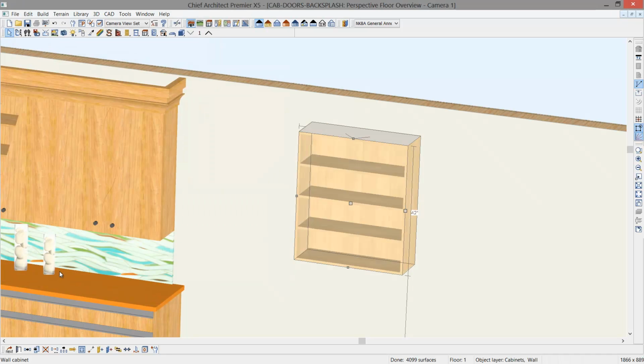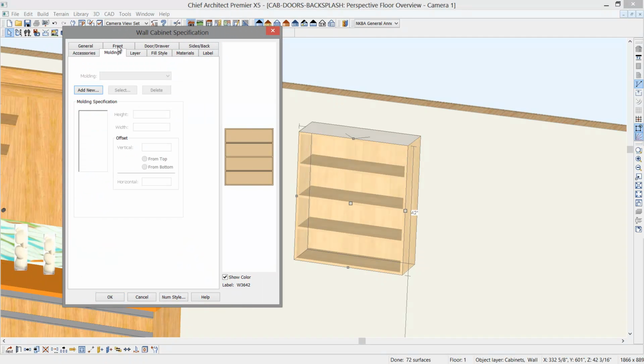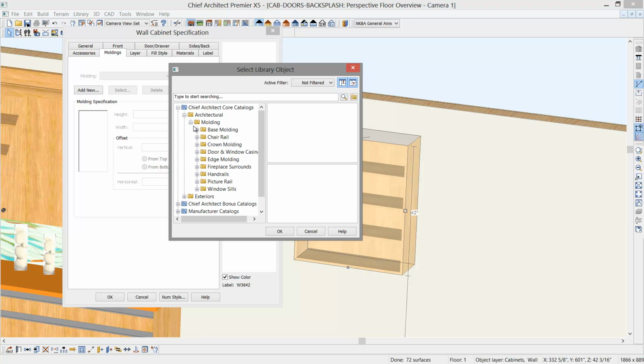And then we'll go into the moldings. On the molding tab here, you'll notice that we can create both a custom molding from Chief Architect, or we can apply a molding from a manufacturer. Or you can import these molding profiles. They're simply just a DXF file, or draw your own, which I'll show you a little bit later how to do in the video. To begin with, I want to start with a molding that is just a simple square